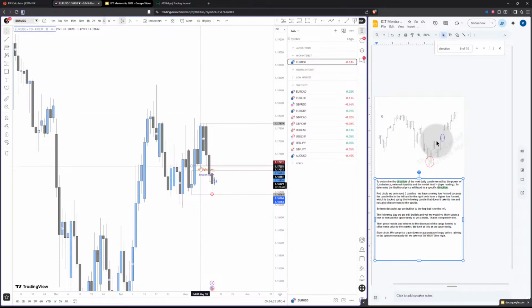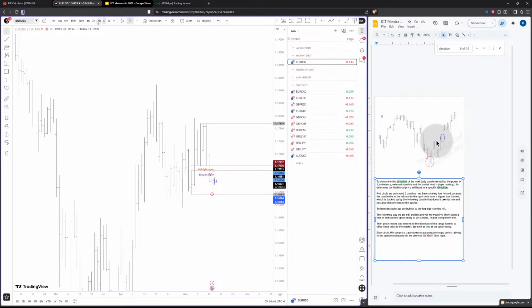We get that wick. It takes out the low, pushes up. So we technically maybe either lose money because we're not bearish all the way to here, or we just don't get the entry model because I'll be bearish first. I wish I could go back on this day and backtest.